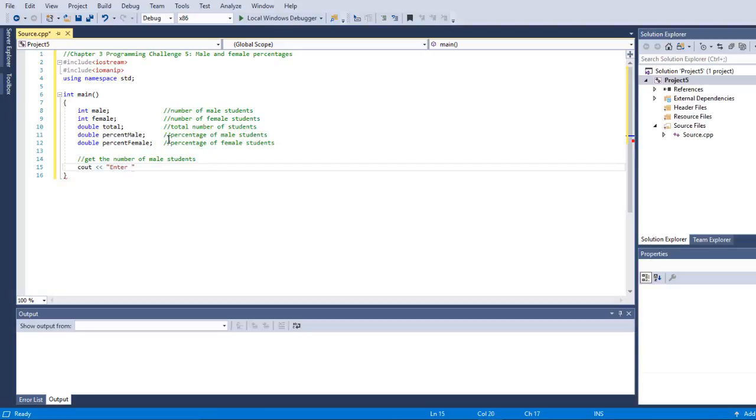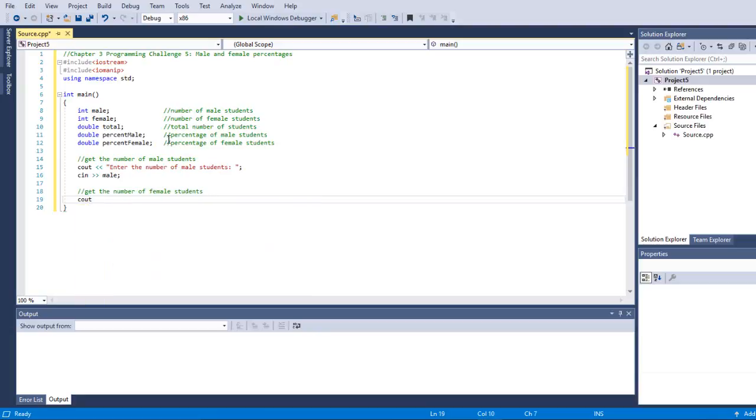So enter the number of male students, and then I have a cin, which will be basically my male, and then I'll do the same thing for female. So get the number of female students,